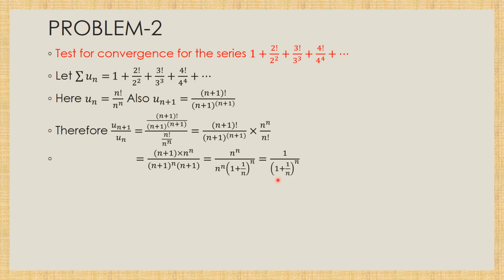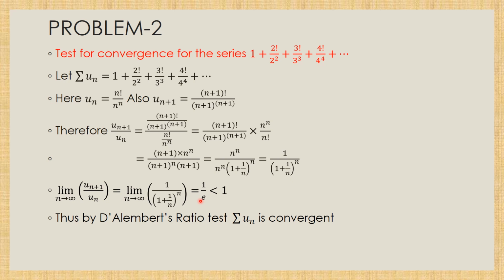Now applying the limit for un plus 1 divided by un as n tends to infinity. The limit of the numerator, limit of 1, is 1. The limit of the denominator, as n tends to infinity, 1 plus 1 by n whole power n, is e. We have a standard formula. So the total limit is 1 by e. We know that e equals 2.7 something, so 1 by e is less than 1. So we conclude by D'Alembert's ratio test, the given series